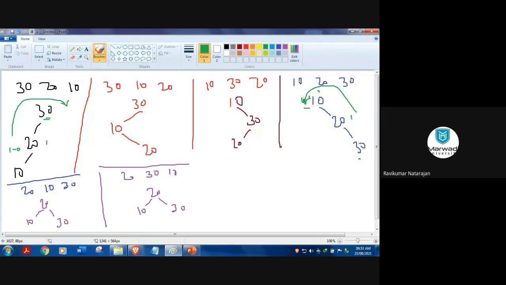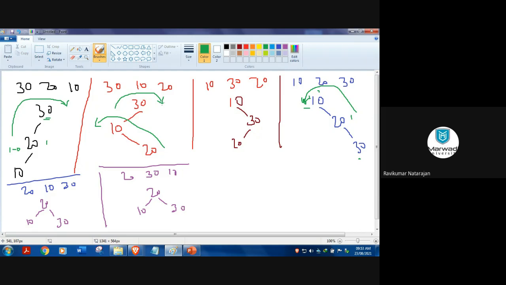So here, the second and third cases are a little bit difficult. We need to apply two rotations, like a double rotation. So what I do is that first I'll rotate this one in this way. Then I will rotate the whole thing in this way. Are you getting this? So first I need to bring this 10 down. Then 20 will go here, 10 will be like this. Same we will be getting like this.